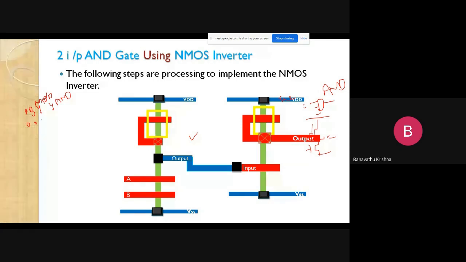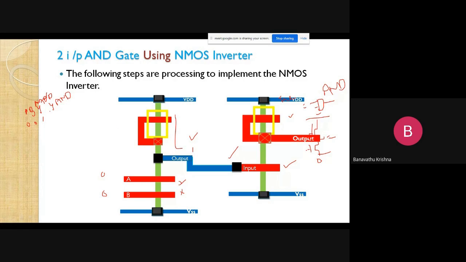Let us observe here, 0, 0. Here it is 0, here it is 0, so both pull-down devices are in off condition. The pull-up is always on, so there is a path between VDD and Vout. So we are getting the output response as 1. This will be given here. So the NAND gate output is 1, and this 1 is applied to the pull-down transistor of the inverter, so it is in on condition. There is a path between VDD and VSS, so finally we are getting the output response as 0.